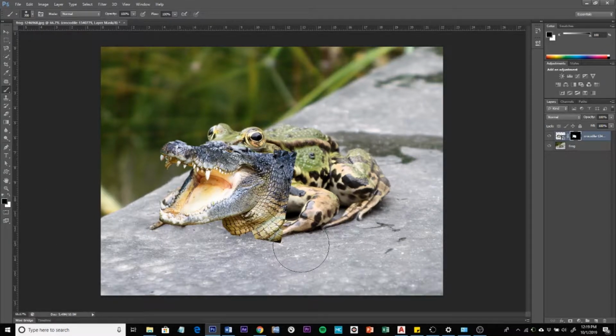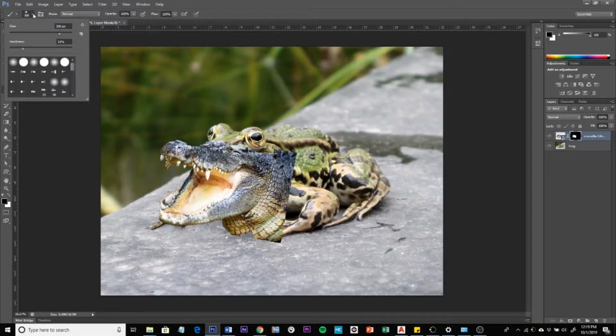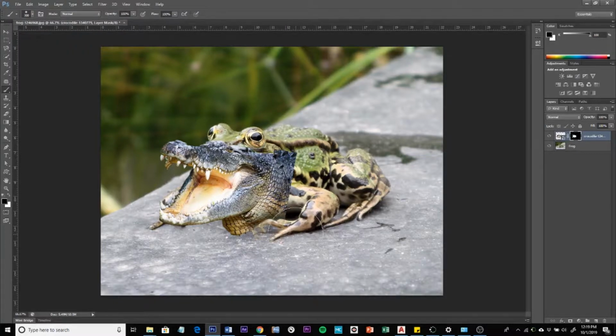Alright, now I'm ready to paint, and I'm going to choose a rather large brush and a low hardness so that there's kind of a fuzzy edge to it. This makes it blend in a little bit better. And so with this brush I'm just going to do the areas that are closest to the frog here that I know for sure I'm not going to want. You can see as I paint, like it's fading into the edge a little bit,